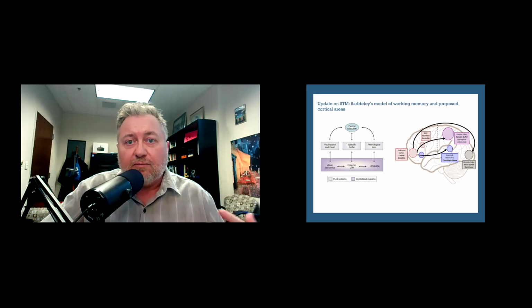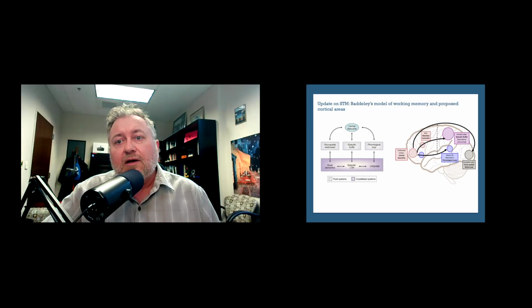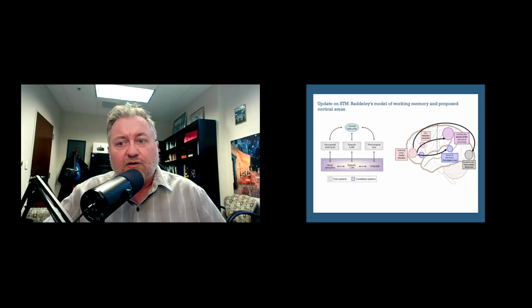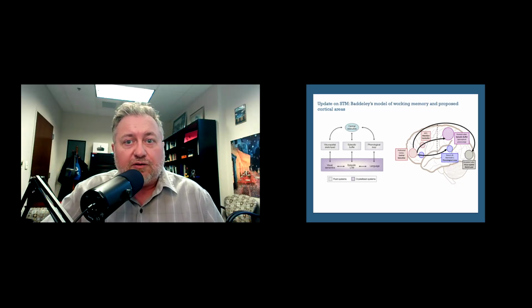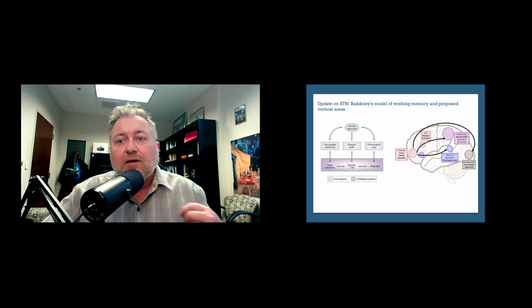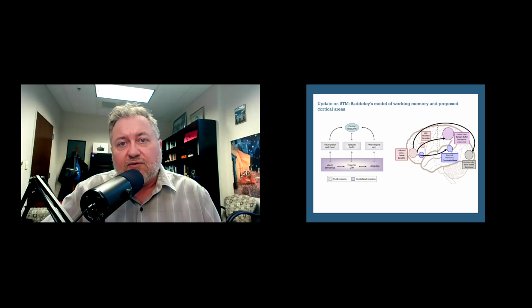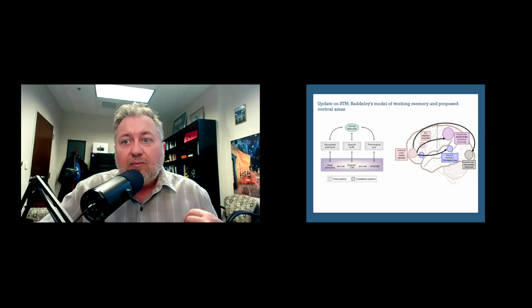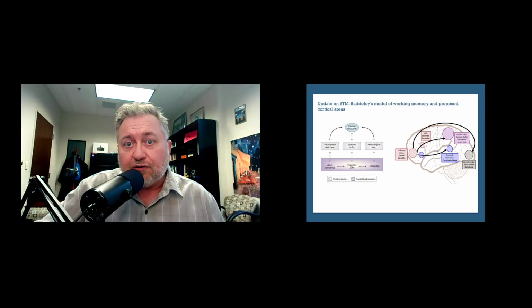The episodic buffer is our memory for events and episodes that have occurred. These are all interconnected to long-term systems that are also somewhat modality specific, right? So a long-term visual memory, a long-term language memory, meaning of words and so forth, as well as our episodic long-term memory, my long-term memory of events and things that have happened in the past. But at the top of the box there is the central executive. This is what we usually think of as executive function or executive control, the ability to allocate attentional resources to these different systems, to spend more time doing one task as opposed to another. We'll call that attentional control.